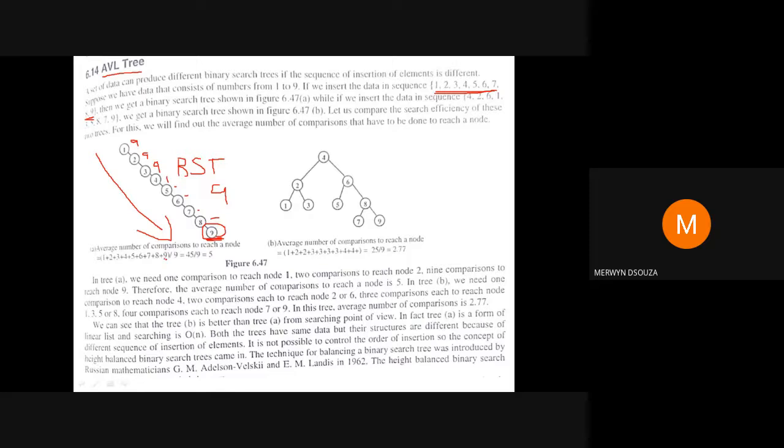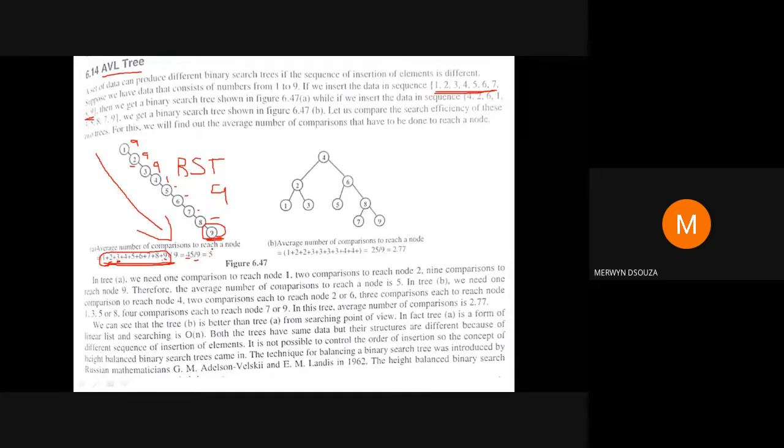Like that, suppose I want to find the value 2, then I would need to do 2 comparisons. To find the value 3, 3 comparisons. On average, if you total up all these comparisons for each value in this tree, it would be 45, divided by the number of nodes.